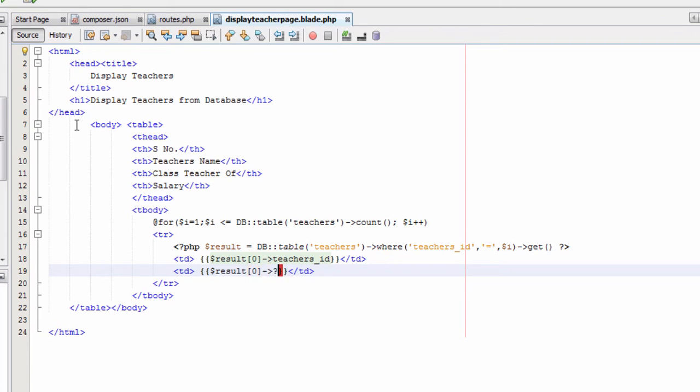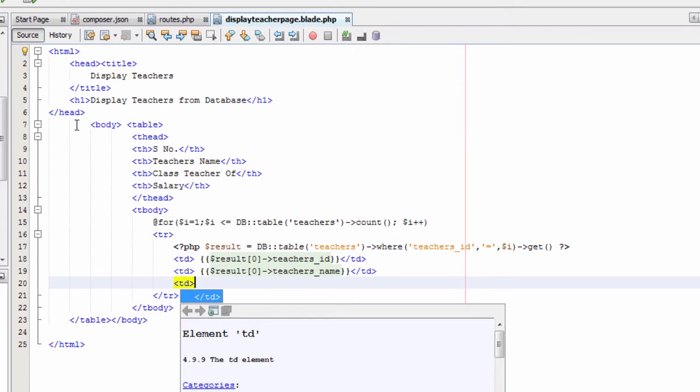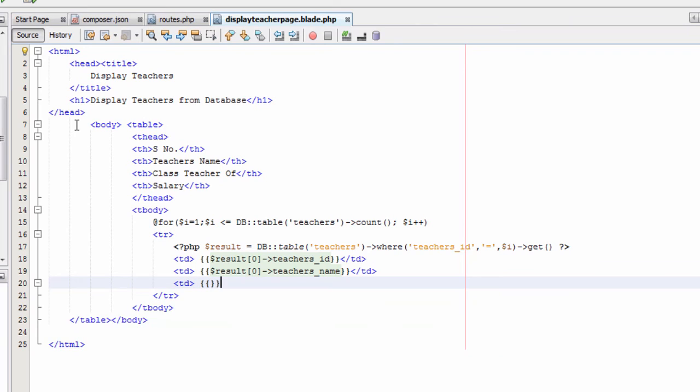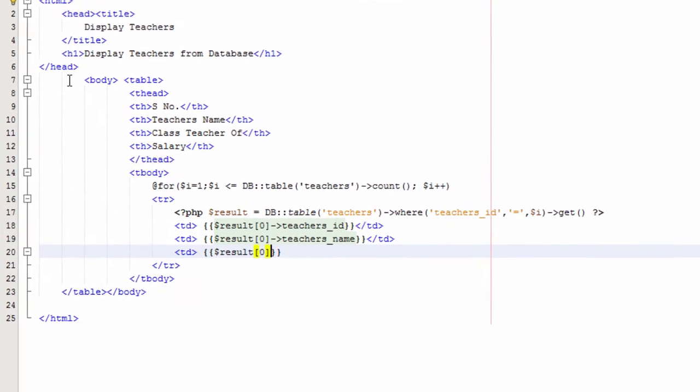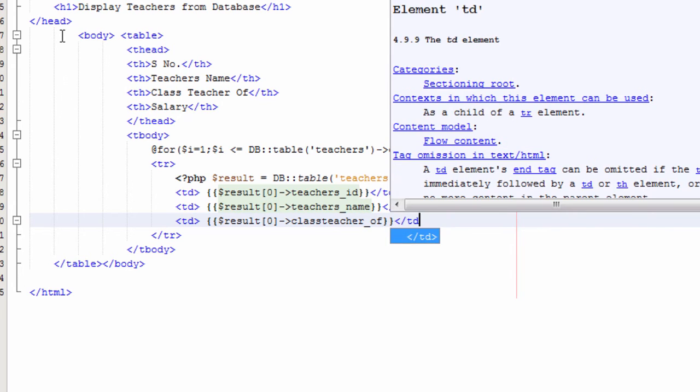There are three ways of retrieving data from the result object. The one is pluck. Pluck simply gives a property of the result object. This property must be a string. First returns the first row of the result object, and the get method gives the whole set of arrays of the result object. So we need to give in a square bracket 0, 1, 2, 3, etc.